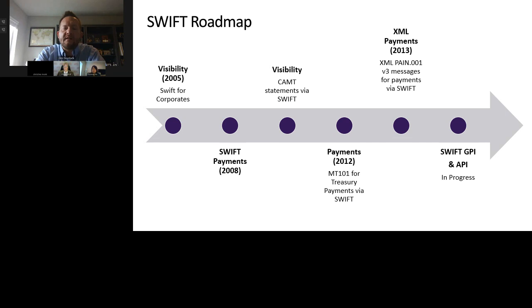But why I wanted to highlight this is, by having the visibility to our bank statement data, we can take the information that we have in our intercompany loans, which are held in our in-house bank. We also host a variety of applications. A lot of our own treasury applications we've decided to create in-house, and so we also leverage a lot of our own data and feed it into a data lake.